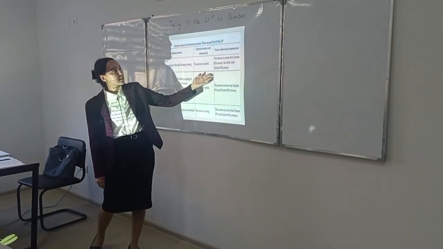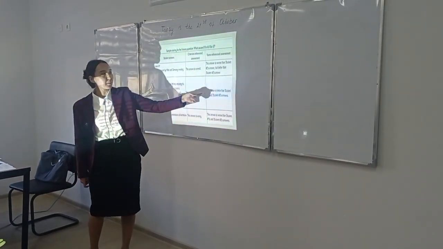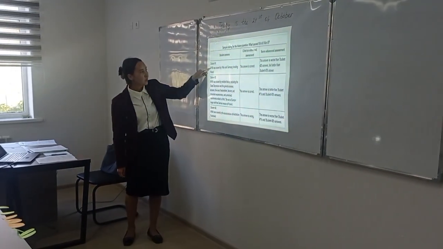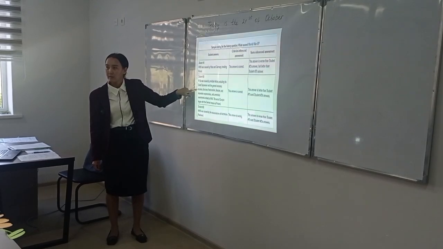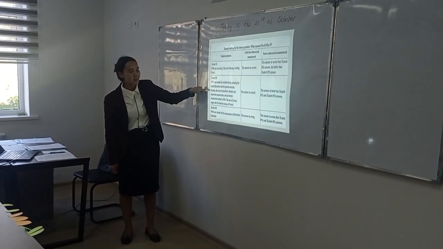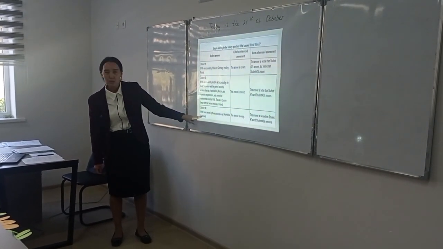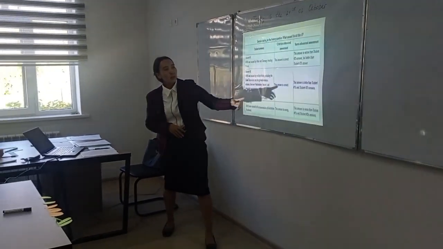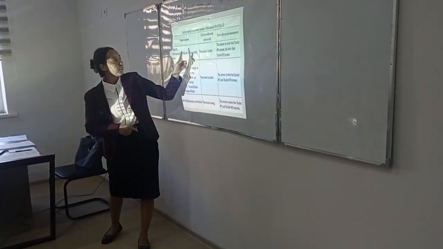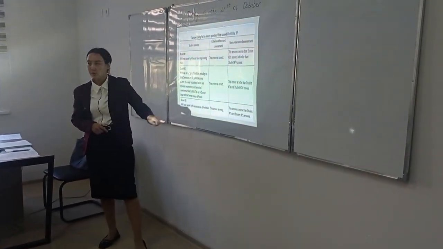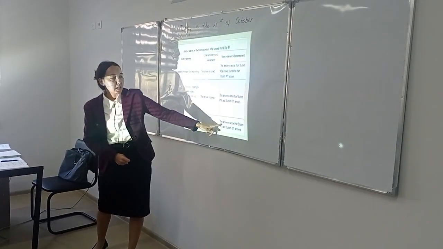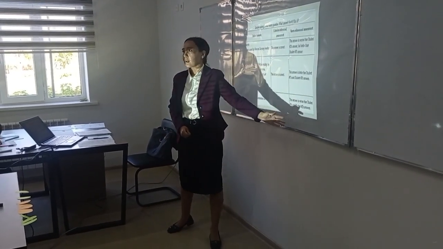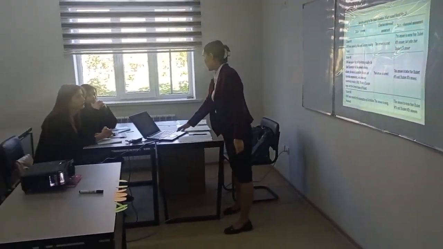But when we assess these answers according to the norm-referenced assessment, this answer is worse than the second answer, because this answer is given shortly compared to the second one. That's why this one is worse than the second student's answer, but better than the third student's answer. Here we are comparing the answers of the students. Is it clear? Yes. And this answer is better than the first student's answer and the third student's answer. And this answer is worse than the first student's answer and the second student's answer. And this type of assessing is considered norm-referenced assessment.